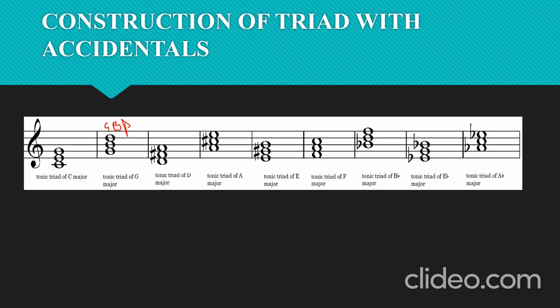Simple. Look at the tonic triad of D major. What is the scale of D major? The scale of D major is D, E, F sharp. Don't forget that, because on the scale of D, F and C are sharp: F sharp, G, A, B, C sharp, then D. If they say the tonic triad, it starts with the tonic, so D will be picked. The third is F sharp, and then the next is A. Exactly what I've done here.